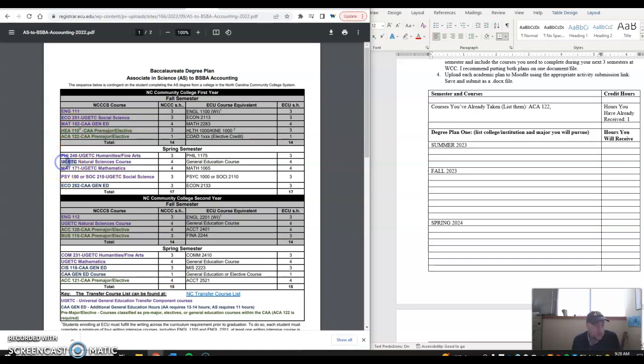In the event that they leave it like this, here's what I don't want you to do. I don't want you just to copy-paste this stuff. Actually choose a natural science that you wish to take, okay? If you're getting the AS, you have to take 2 sciences. If you're getting the AA, you have to take 1. If you're in the AA and you only have 1 science, I would take something like general biology. But if you have to take a 2-sequence course, I would take